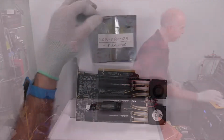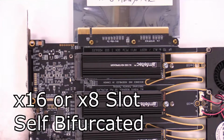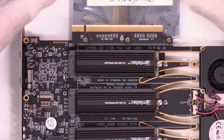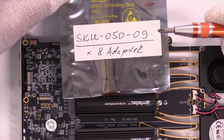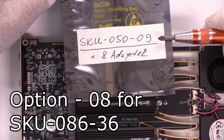Let's take a look. So we're going to go from a 16-lane slot to an 8-lane slot. Nothing else we got to change. I'll keep that zoomed in as tight as I can, and I'm going to try to use their fancy pretty little screwdriver. And for those that want to try this, here's the SKU on the part. If that's 050 or 05D-OG